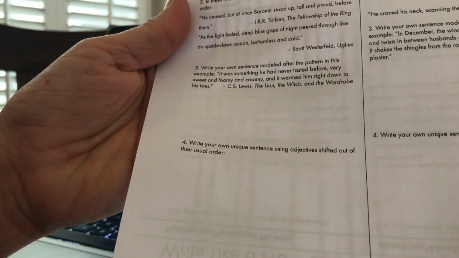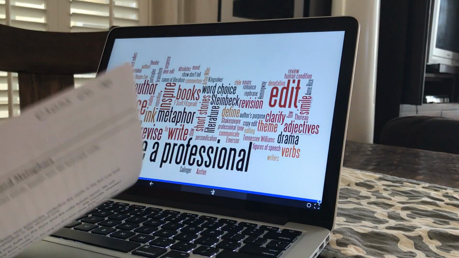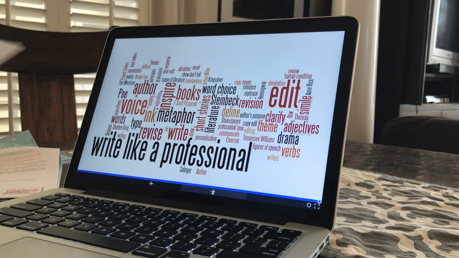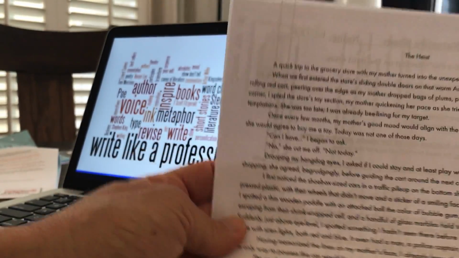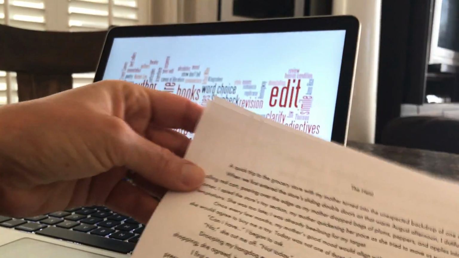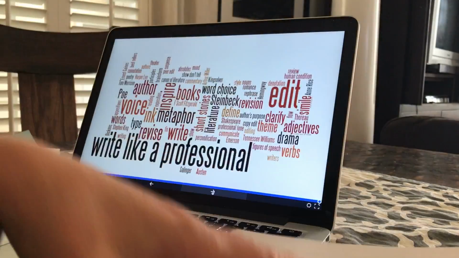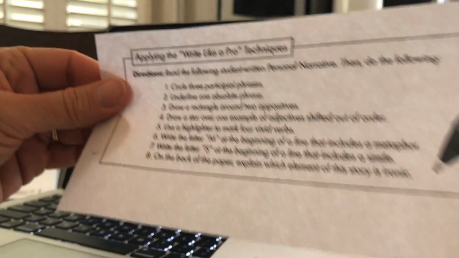All right, that's it. So after you fill out this chart, then let me know and I'll send you the answers once you filled it out. Then next, you're going to go to the heist, which is in your homework. It's a short story. Can you see that? The heist. And I have some new directions for you. We passed out in class. How do I get that over there?